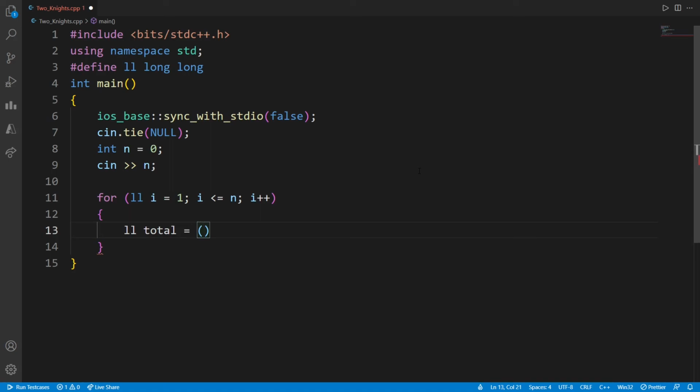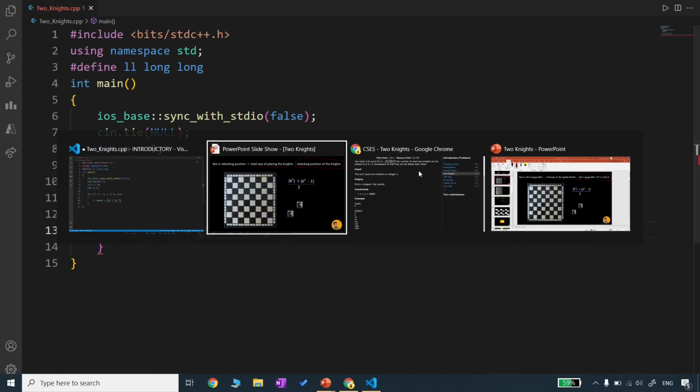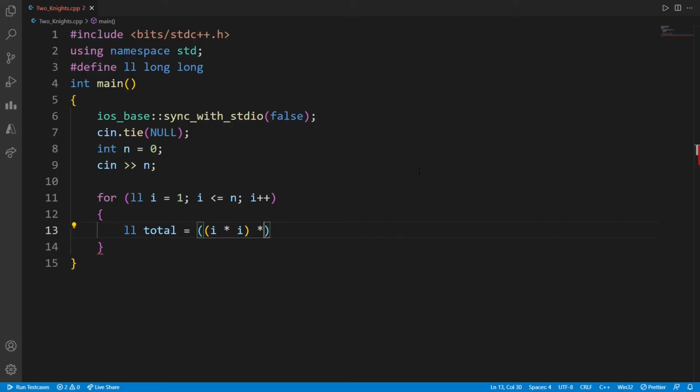First we need to do k square, that means I into I. Here k is acting as I, so I square into I square minus 1, and then we need to divide this by 2.